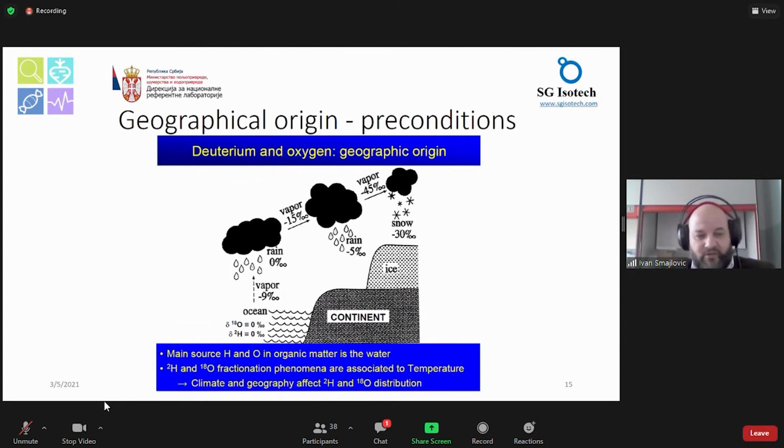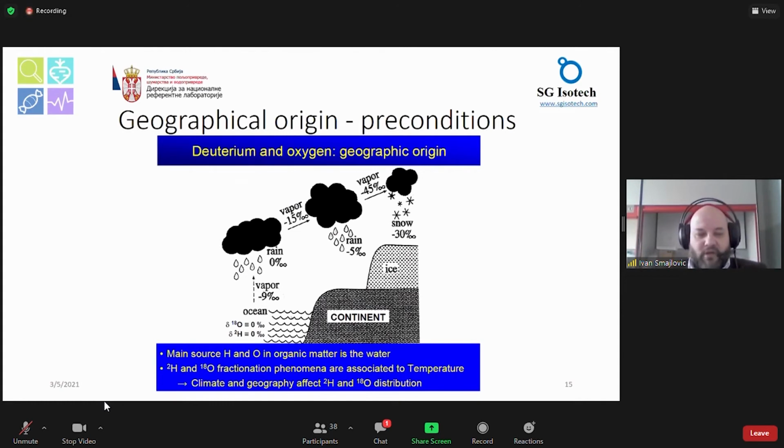So when we are measuring water samples, and actually when we are measuring oxygen and hydrogen in samples, the reference material is ocean water. The International Atomic Energy Agency makes these reference materials. They picked from somewhere in the world, from some ocean, I don't know which one, an amount of water, and for these samples we are saying that